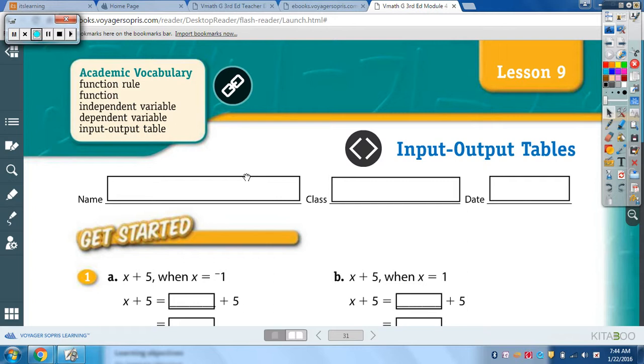Let's look at problem 1. The expression x plus 5 contains the variable x. In problem 1a, substitute -1 for the variable and evaluate the expression. So we're going to substitute